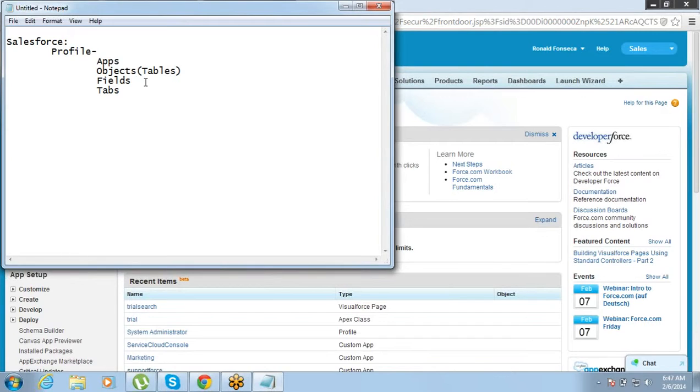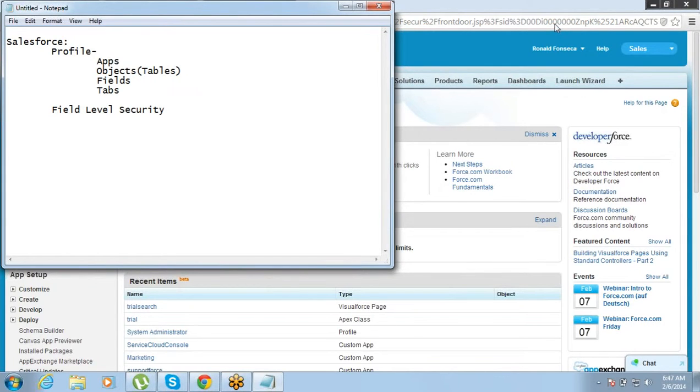Let's say in opportunity, there is an opportunity ID. You don't want them to see the opportunity ID. Okay, that sort of thing. So there what we need to do, we just need to go and restrict the visibility of the field from that profile. Okay, that is also called a field level security.